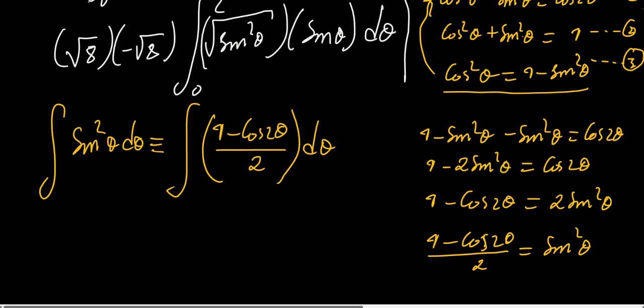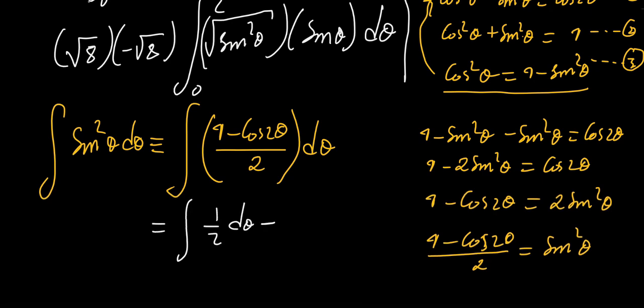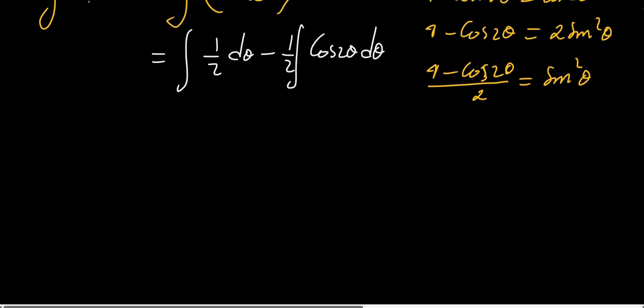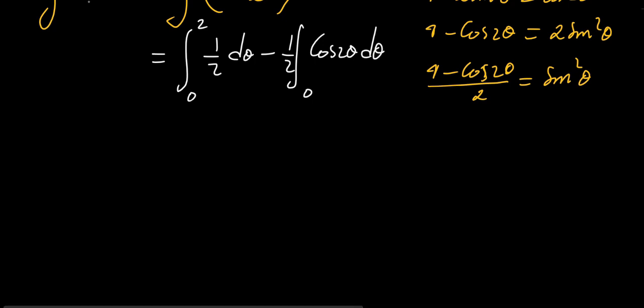We can further simplify this as the integral of a half d theta minus a half the integral of cos 2 theta d theta. So we further simplify this as well. Remember our limits is from 0 to 2. So here will simply be a half theta, and here